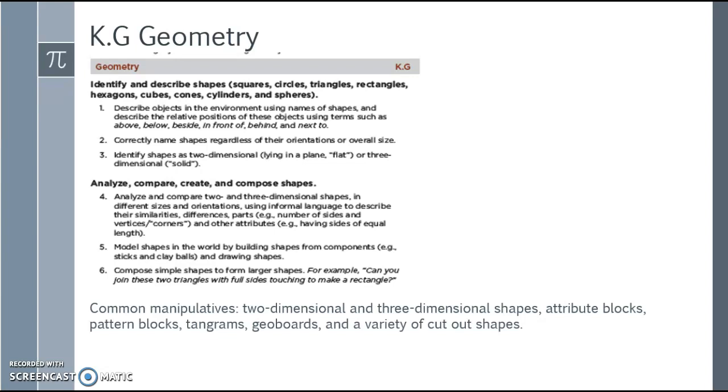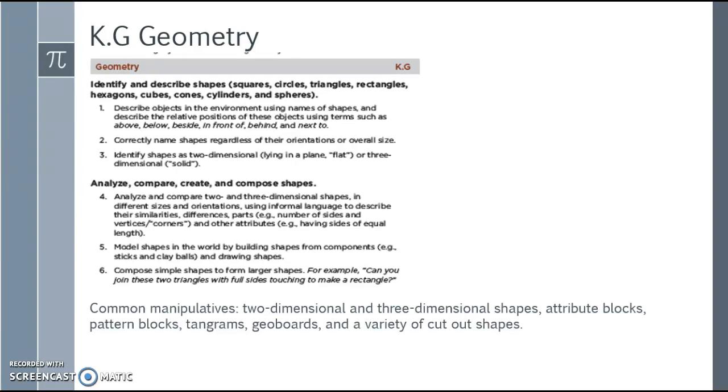Correctly name shapes regardless of their orientation and overall size. So it doesn't matter how big or small they are. If they're turned upside down, right side up, they can identify the shapes. They can also identify shapes as 2D or 3D. They need to analyze, compare, create, and compose shapes,